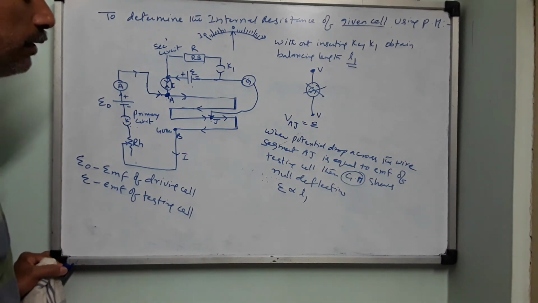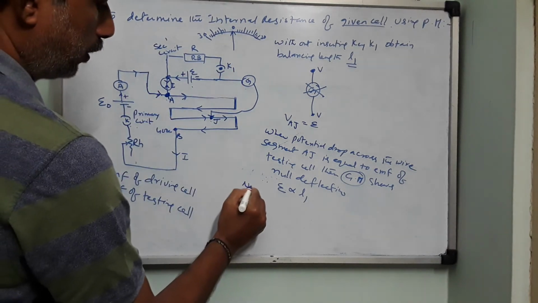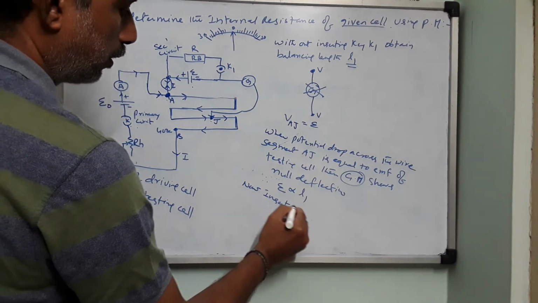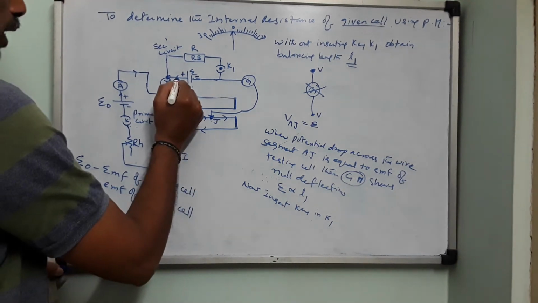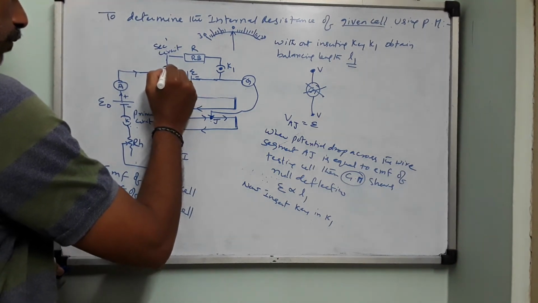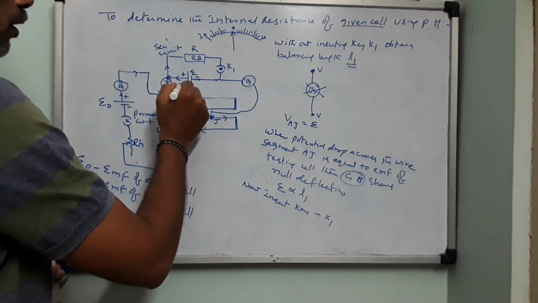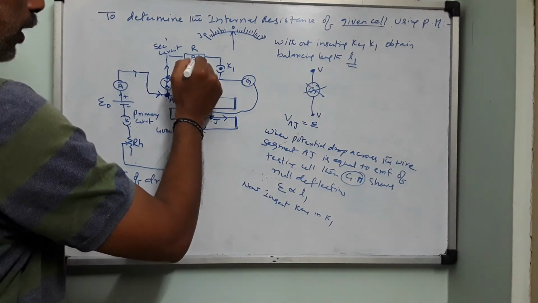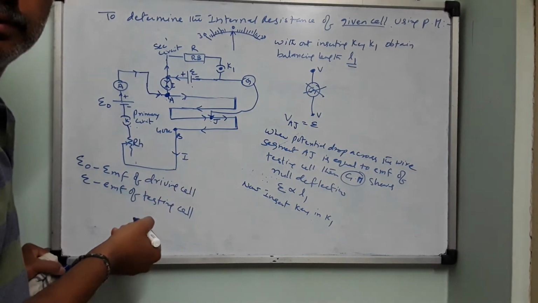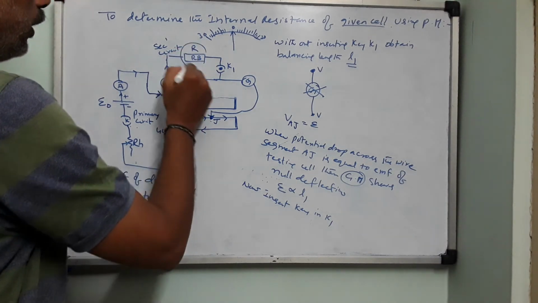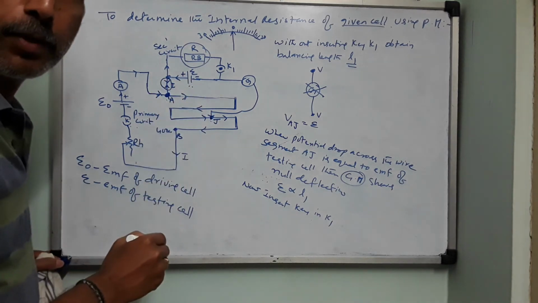Clear? Now, in the second step what do I do? Insert the key in K1. What will happen? This current not only comes downwards but also will go upwards, because now the circuit is closed. So if there is a small bulb in the place of the resistance box, the bulb will glow because of this current. The load is drawing some current from the cell. That means the EMF will fall down to its potential difference.